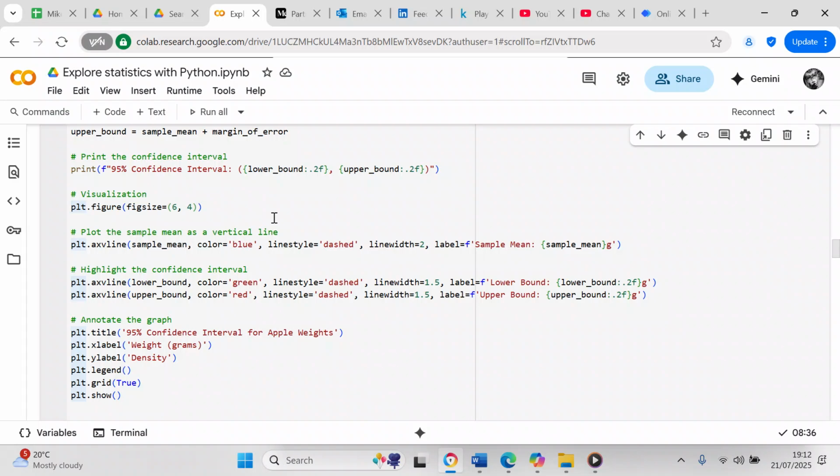And then you've got plt.axvline, brackets, lower bound, comma, color equals green, comma, linestyle equals dashed, comma, linewidth equals 1.5, comma, label equals lower bound grams. Then you've got plt.axvline, brackets, upper bound, comma, color equals red, comma, linestyle equals dashed, comma, linewidth equals 1.5, comma, label equals upper bound,